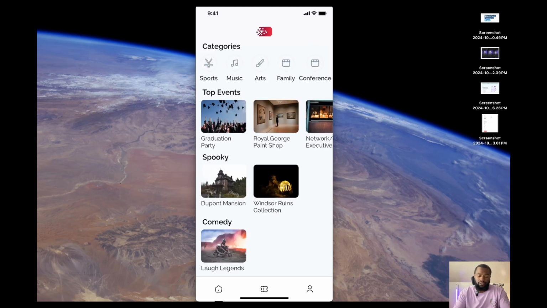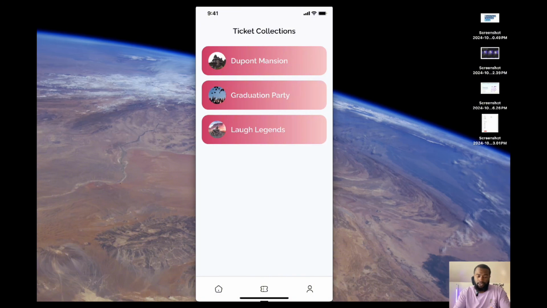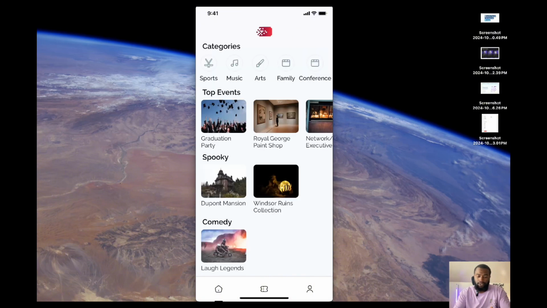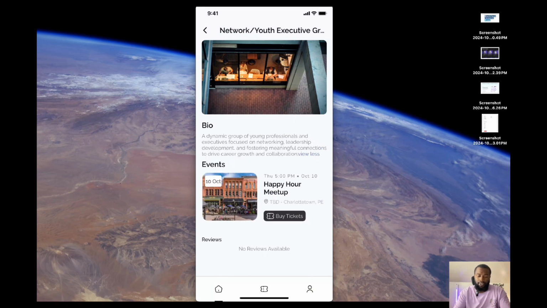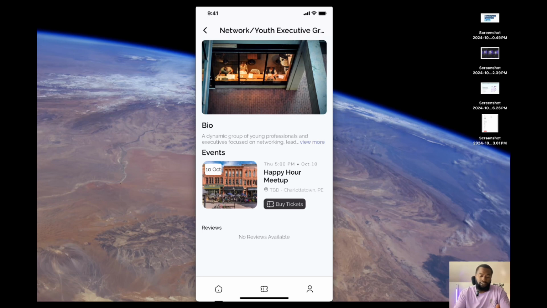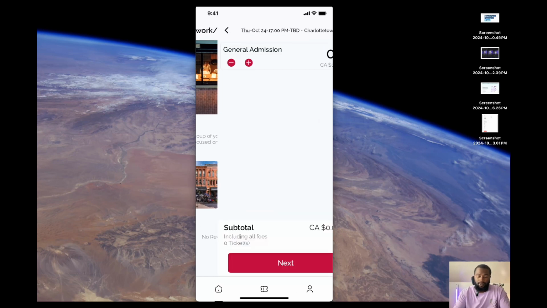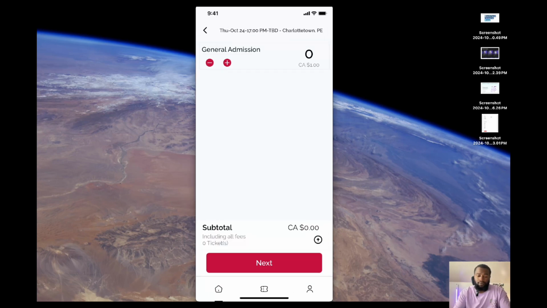So let's see, what ticket do I have yet? I think I have one of each. Let's go to this one. I think I have a ticket for this. So you would click on your event, and you would see the information, the bio, what time it's going to start, where it's located, and you can go ahead and purchase a ticket. So let's go ahead and do that. This one only has one